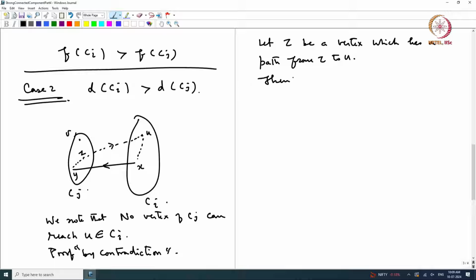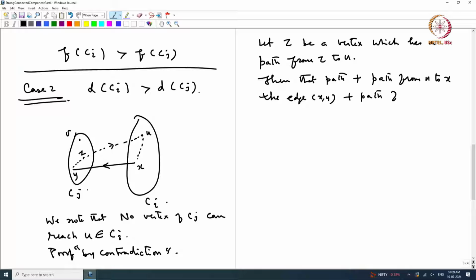Then that path, plus the path from u to x, the edge xy, and the path from y to z, this union contains a cycle,